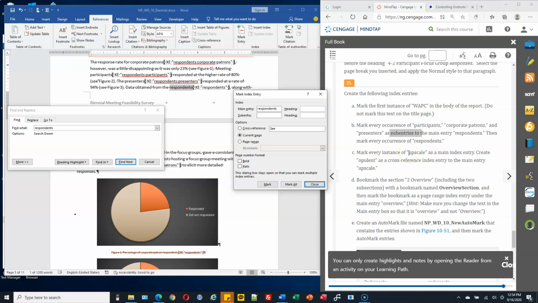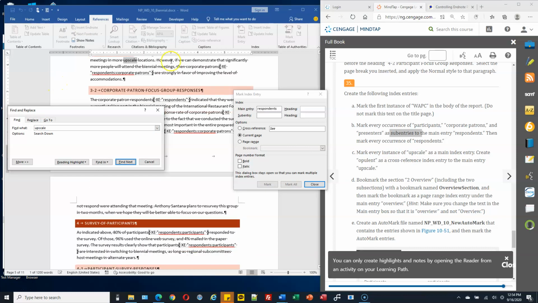Okay, and then here it is: mark every instance of upscale. So let's search for upscale. Here's upscale, right? I want to mark this upscale, so click mark entry as a main index entry. So we want to create opulent. In the main entry, type opulent,